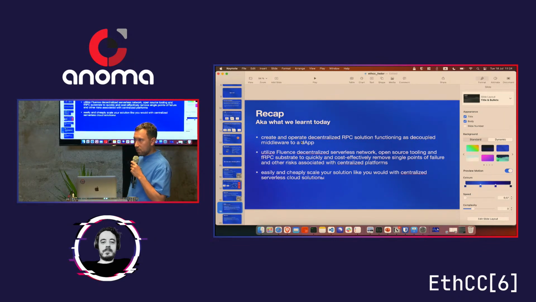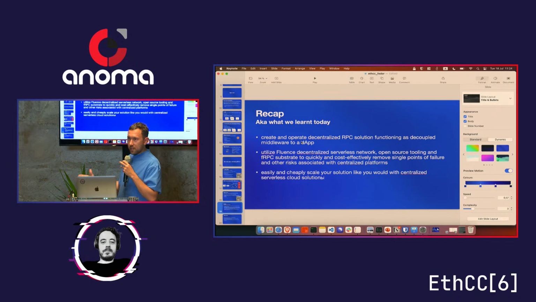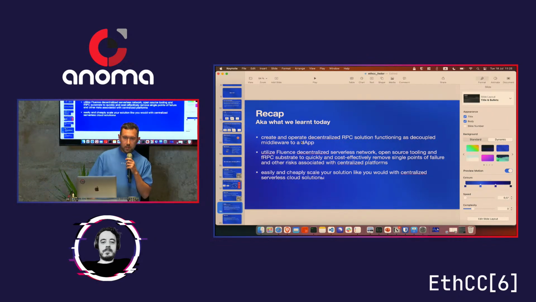Right now, Fluence supports Rust, which can be compiled to Wasm, but we are going to introduce support for Python and JavaScript.